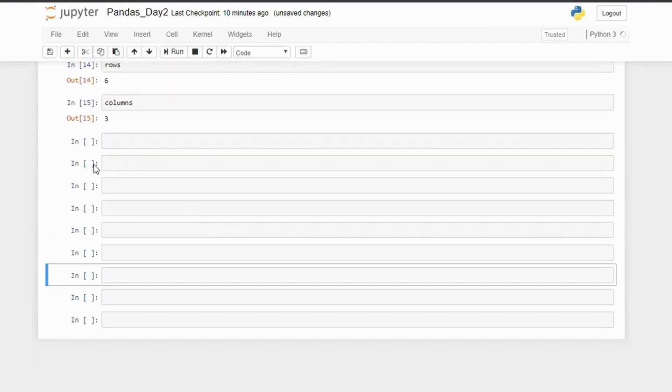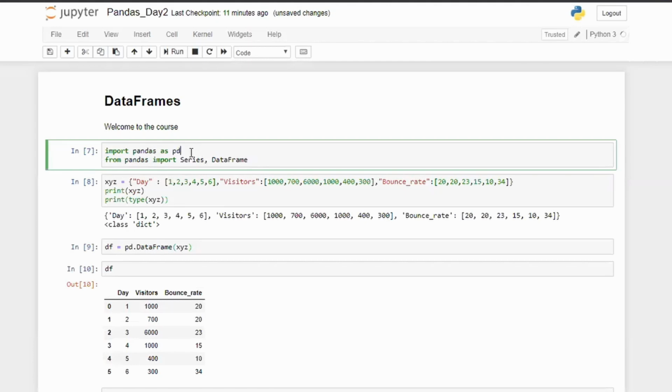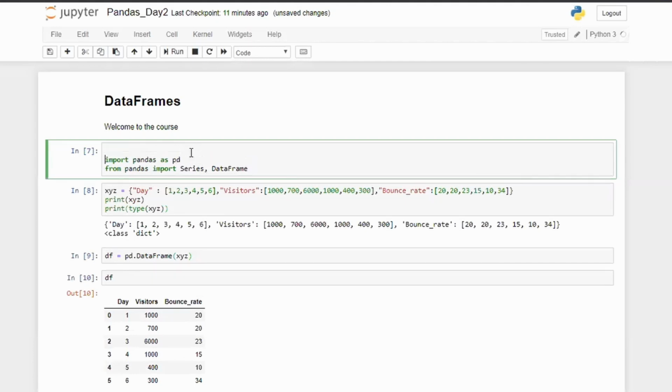Now I'll add more cells. One more data frame here. So we can create pd.DataFrame using those random values used in Series, right? The same way, np.arange. We have to import it. We are using np, so we need to import np. Np means numpy, so import numpy as np.